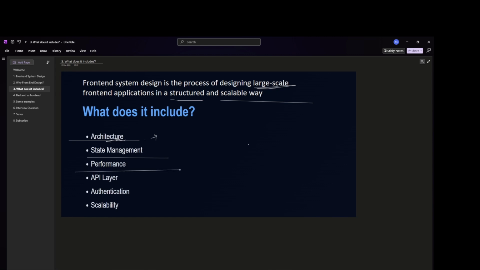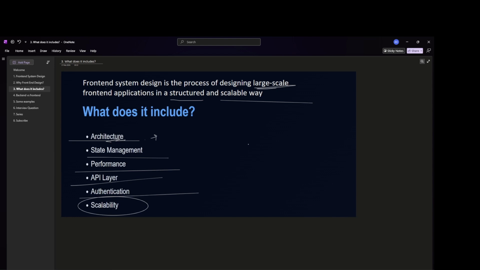Then performance: your application should be optimized and perform well. API layers: how API calls should be managed and how authentication should work. And the most important one, how do we make the application scalable as the team and the product continue to grow.